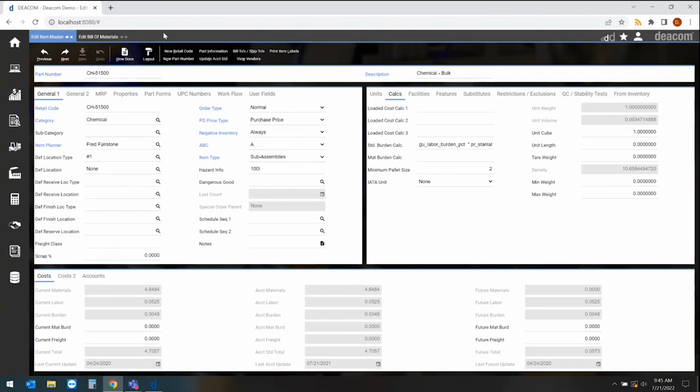In the Deacom software, there's multiple different ways of identifying the cost of a particular product. Now, from the basic level, we can work in average cost, FIFO or actual cost. We also could look at standard costing. Other additional costs that we can look at are things such as future costs and also additional loaded or calculated